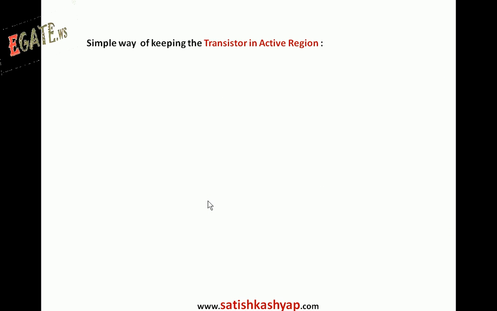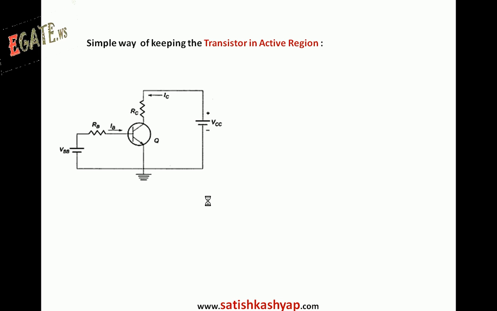Now we will see what the possible things are. A simple way of making it is this circuit. Here this is the emitter base junction, and the arrow is going outwards, so that is an NPN transistor. For an NPN transistor, the base is P type, so base and emitter form a PN junction, and the base is more positive, that is the P side is more positive than the N side, that is the emitter side,